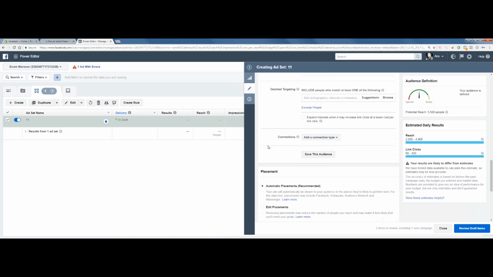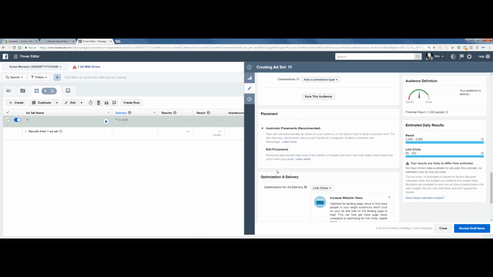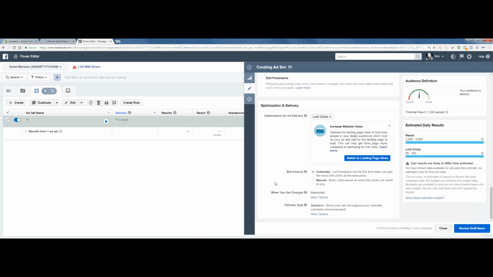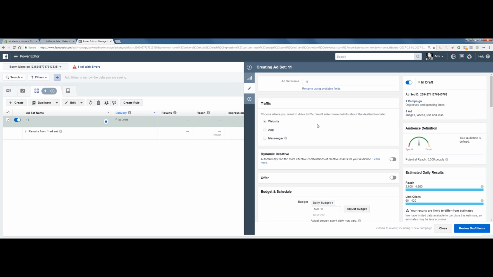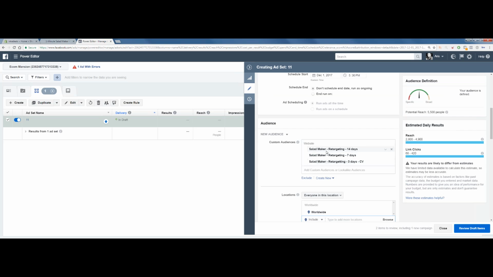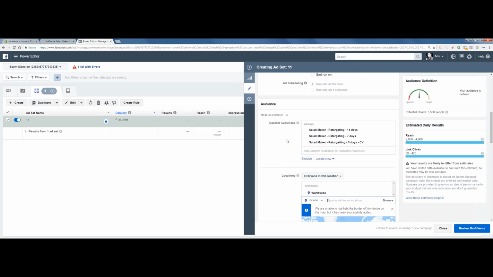We don't need to touch anything here, because Facebook already knows the specific people they're going to target. We set it to worldwide because everybody that visited our page is a potential customer, so we want to target every single person and not exclude anybody.